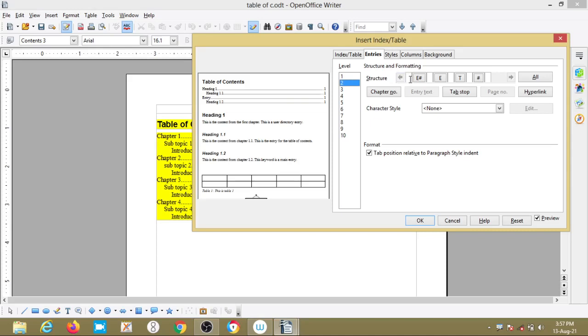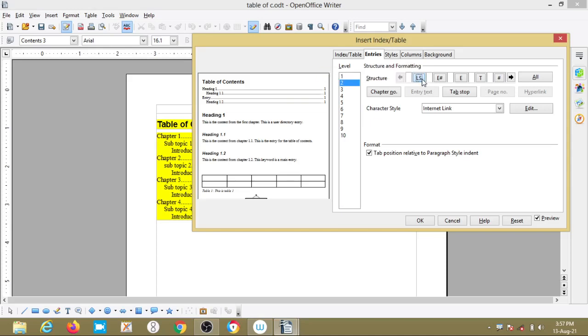If I want to start the hyperlink, I have to click on the blank space before E hash, then click hyperlink. It will change to LS. LS means the starting of the hyperlink.